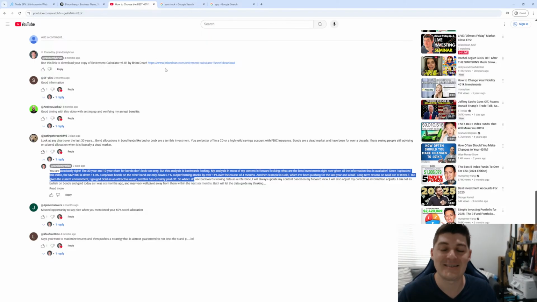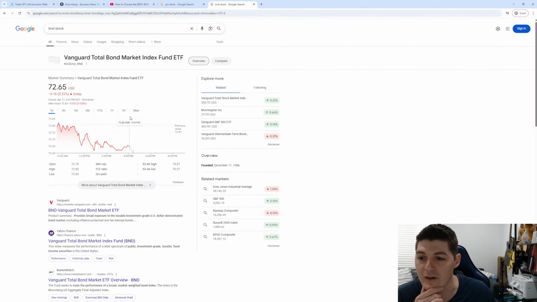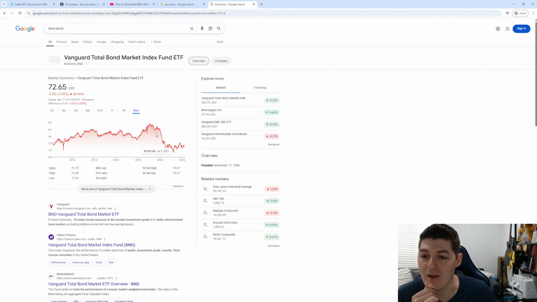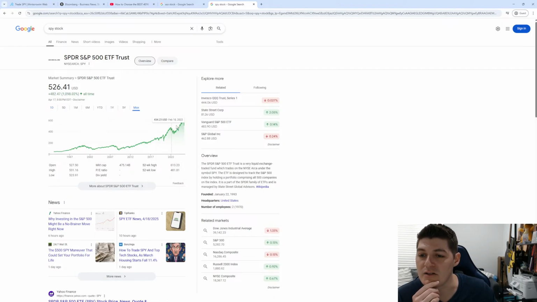If you were to look at a 10-year chart or a 30-year chart, bonds don't look very good. I don't think we can get that here on Google readily, but I will voice it over and I might make a full video on it in the future. So looks like we do have this, the Vanguard Total Bond Market Index Fund, ticker BND. And you can see that over the last 10 years, back to 2015, the performance doesn't look very good, especially when compared to stocks. If I pull up the SPY, you can see that over the last 10 years, this has just done nothing but gone up.